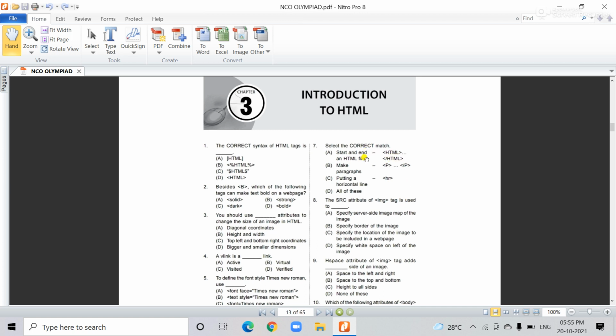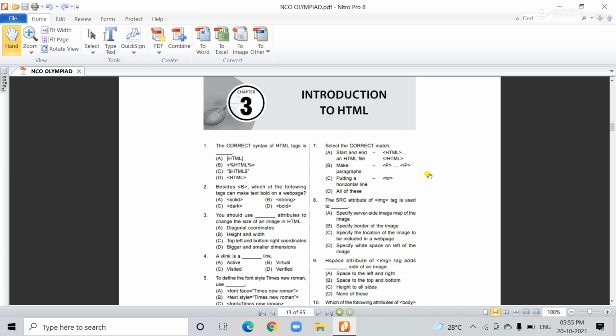When you start the HTML tag, first you use the tag, within the tag HTML, capital or small, no problem. Actually, HTML is not case sensitive. Use capital letters with caps lock, or lowercase or uppercase, whatever as per the user's choice. It is not case sensitive.